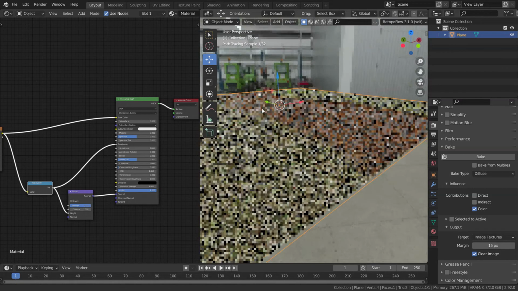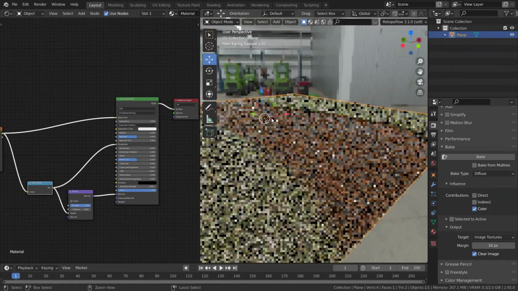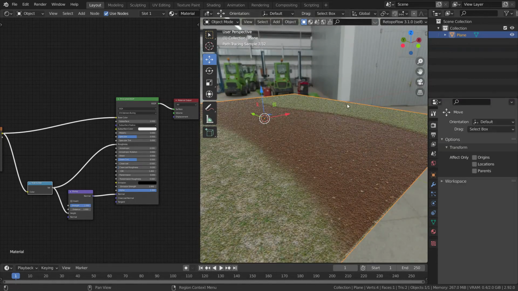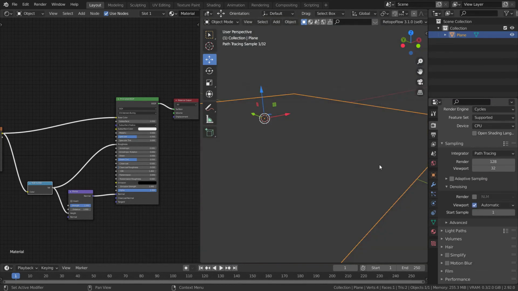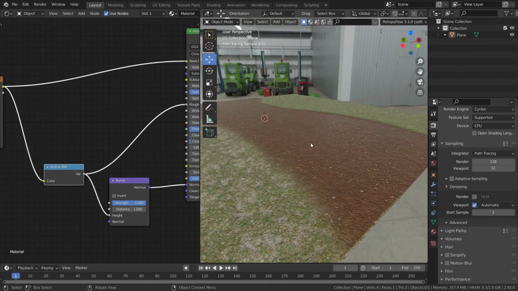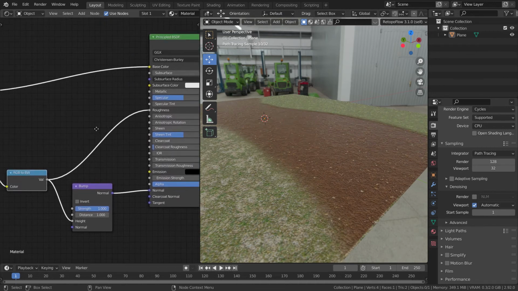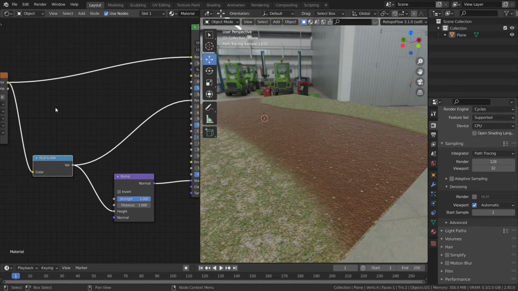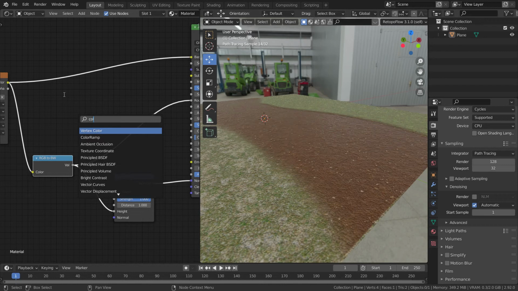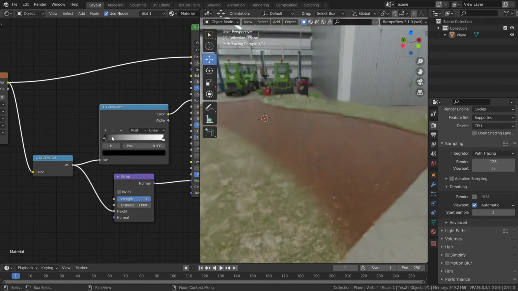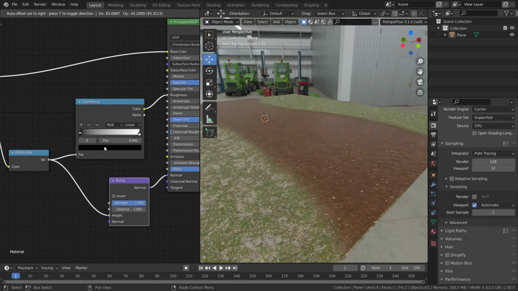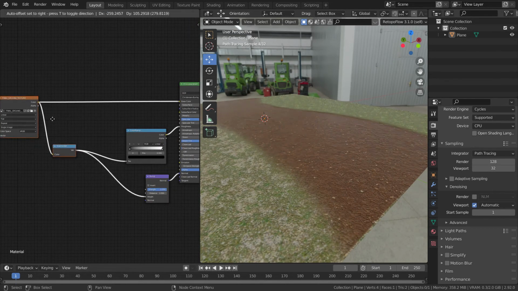So as we are in the Cycles, I will also enable my denoiser, so viewport denoising, and as you can see, we got bumps, we got roughness value plugged in. You can also plug now a color ramp over there in between that, and also you can use a color ramp over here.